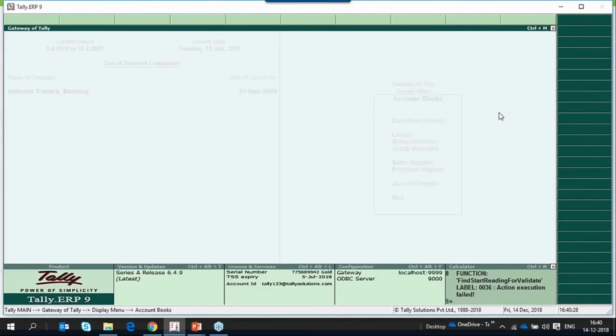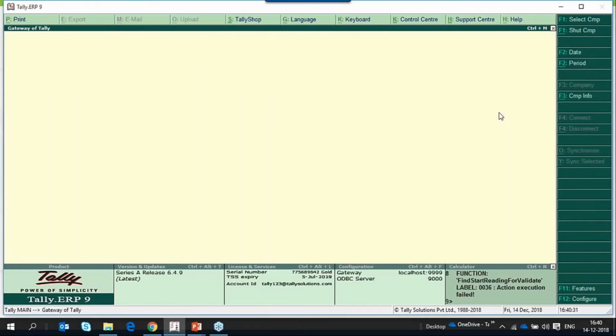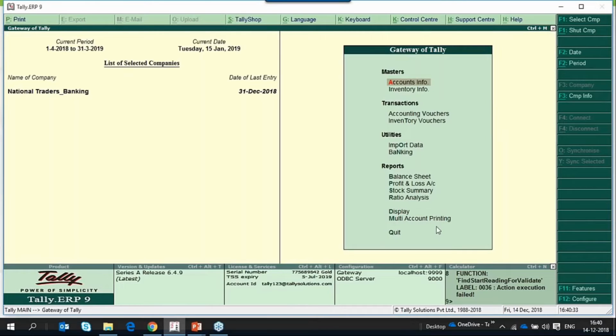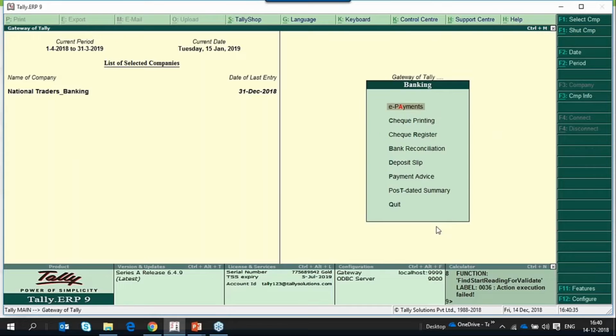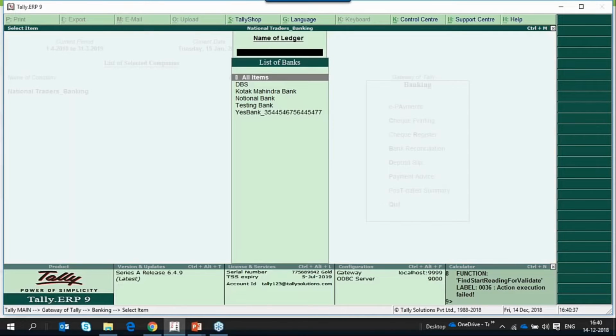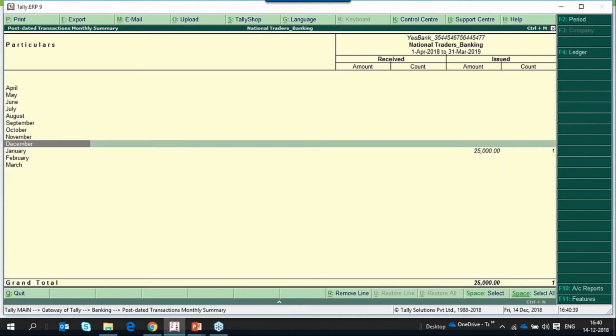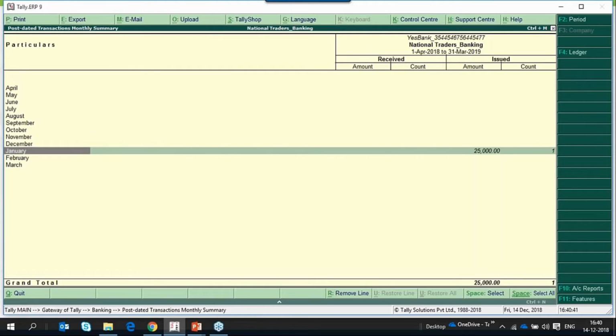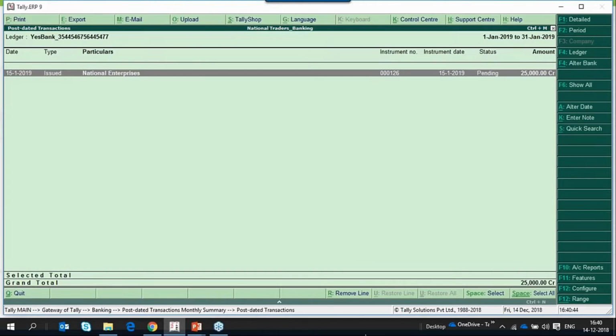So let me now take you through how to track the post-dated checks. Go to banking, post-dated summary, Yes Bank. So we have issued one post-dated check for January, and here is the status tracking of the post-dated check. We have issued this check with instrument number and instrument date, and the status of the post-dated check is pending.